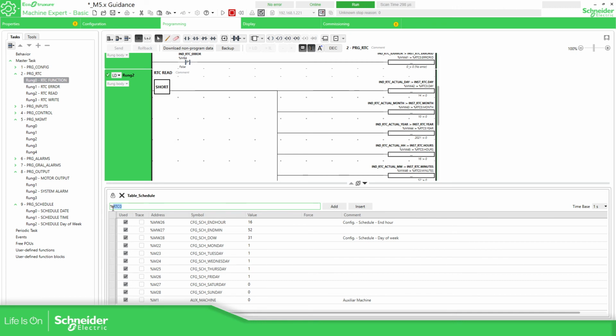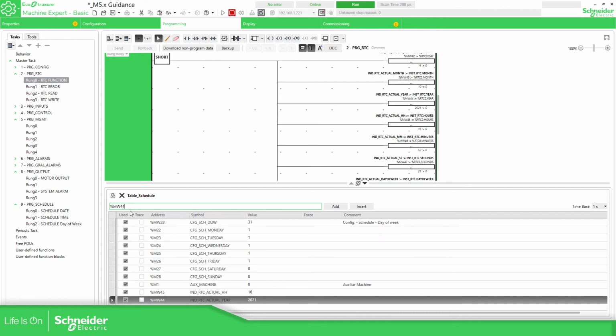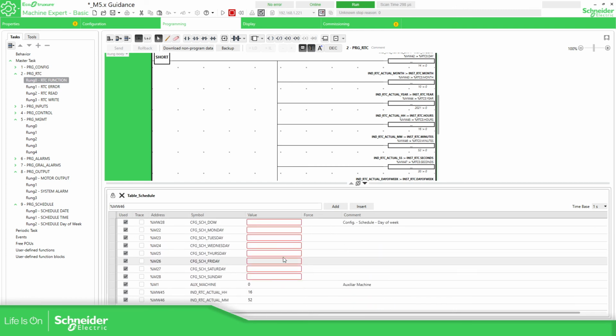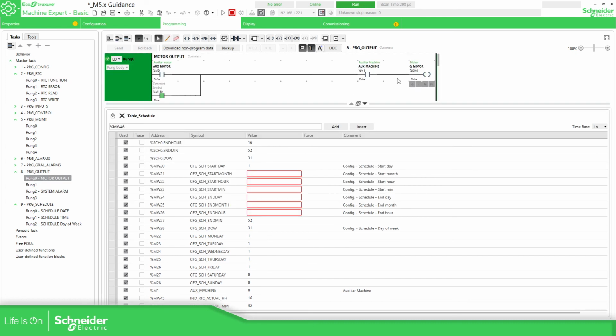Percentage NW, hours and minutes. NW 45 and 44. No, 46. Okay, now I can show you much better. So this is the output. Now I have configured the time is different. So